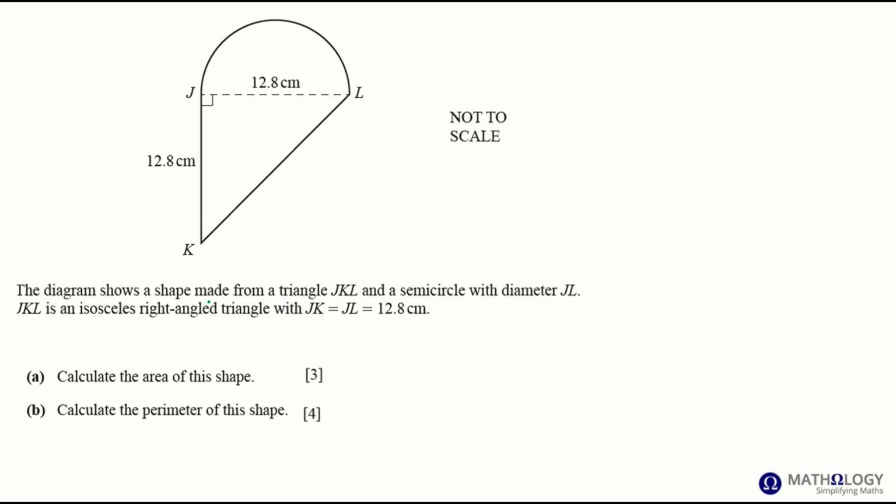The diagram shows a shape made from a triangle JKL and a semicircle, diameter JL. JKL is an isosceles right angle triangle, as you can see, because JL is 12.8 centimeters and so is JK. JK equals JL equals 12.8 centimeters. Calculate the area of the shape and the perimeter of the shape. Okay, so the area